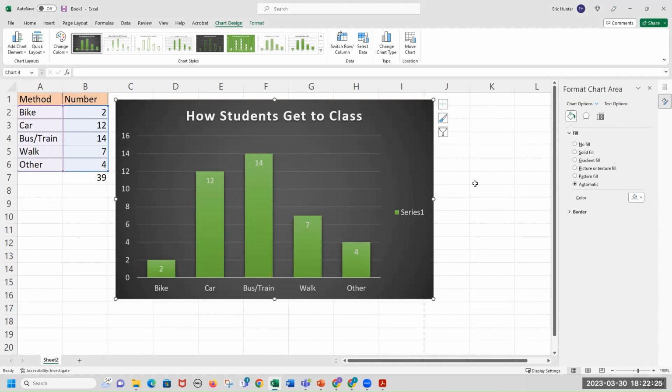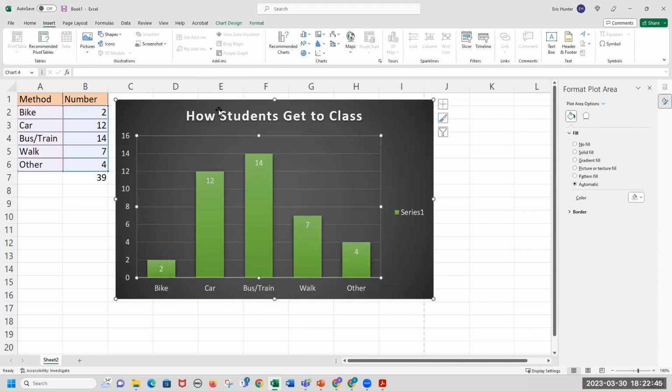Very professional looking. These are the type of things you would expect to see if you're in any type of a business environment and you're handling data on a daily basis. You're probably going to see some charts that look like this. And, you know, they come in different formats. Again, I want to go to chart design. Let's go